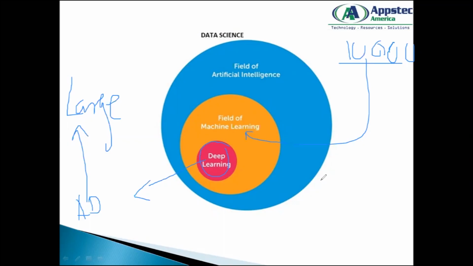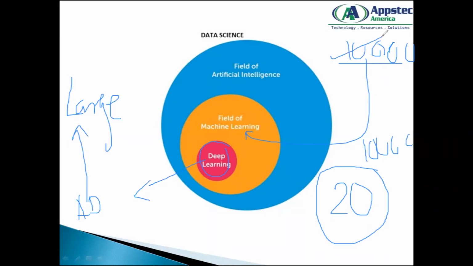Now let's say I give you college data of, let's say, 20 years. 20 years of my students' data, which comprises 1 lakh records. Compared to your 10,000 data set, whatever the pattern might be, it will be more complex when I give you 1 lakh records, because the amount of data is more here. So if this data is giving me, let's say, 10 insights, this data will give me 100 insights because the data is more.